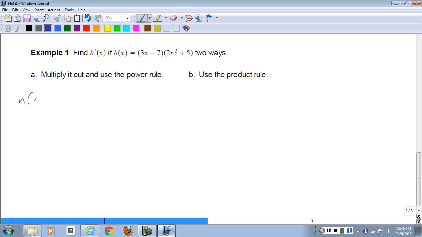H of x equals, let's see, 3x times 2x squared equals 6x cubed. And you mind if I spell FOIL in an unconventional way? Maybe F-I-O-L? That'd be okay? Because I want to say minus 14x squared plus 15x minus 35. Does that look okay? The derivative of this should be a snap, yes? H prime of x equals, using the power rule,